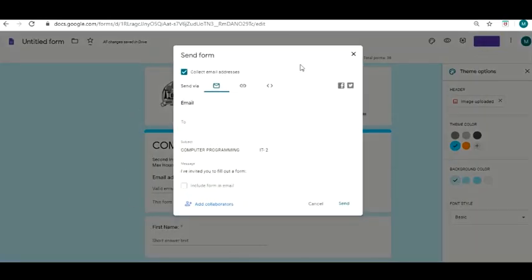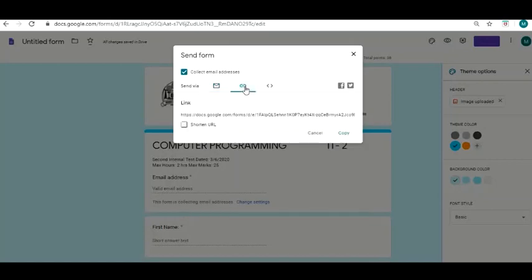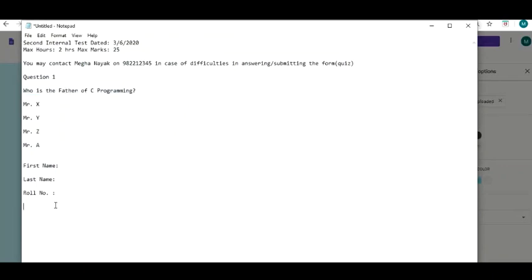Now once I say send, alright, I click on this link option. Once I click on the link option, I say shorten URL and I say copy. So once I do that, this link I copy and I paste it in my notepad file or any other Word document.